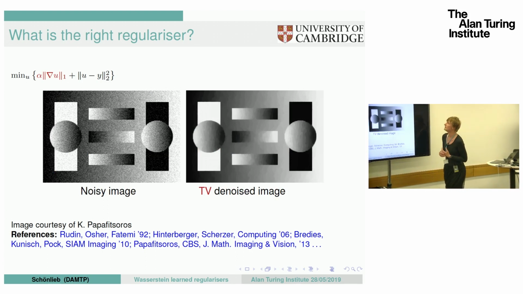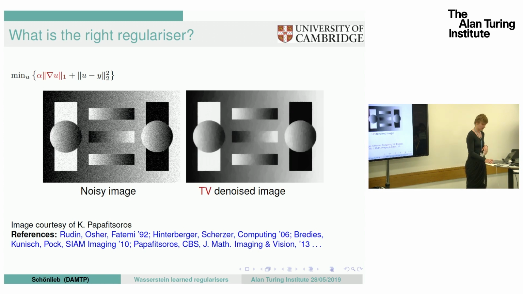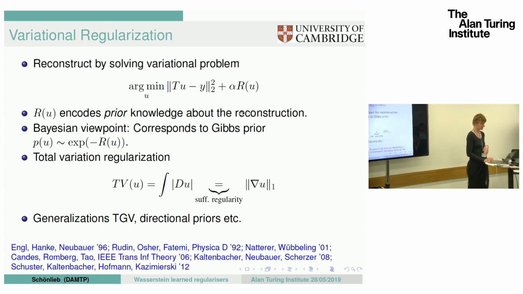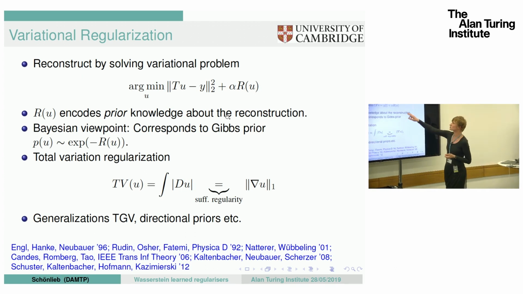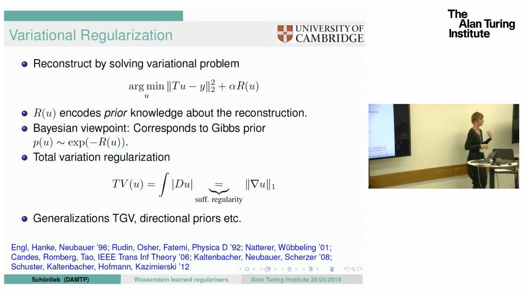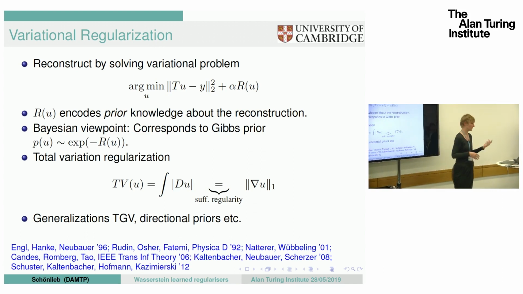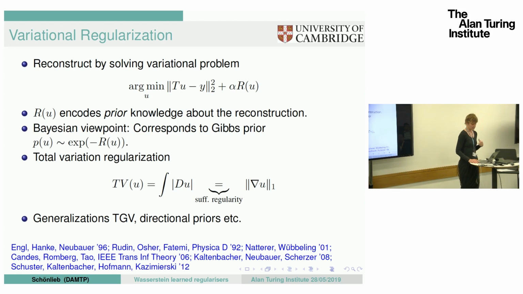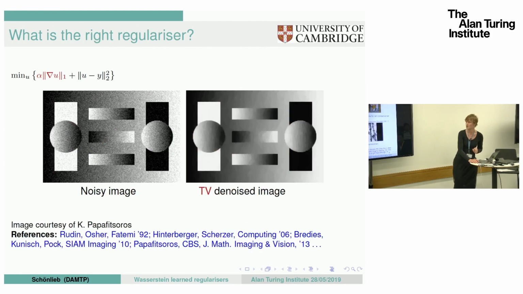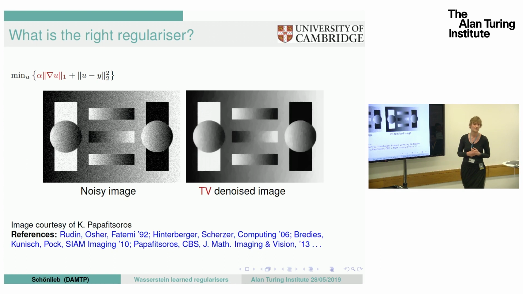Okay, so the title had regularization in it. What I'm really wondering about is, if I start with such a variational regularization approach, how do I choose this regularizer usually? The one approach that I will show you is that maybe I can choose a regularizer by learning it in a certain way, looking at some examples that I want this variational regularization approach to spit out. Okay, but let's look at some things that are really popular in inverse